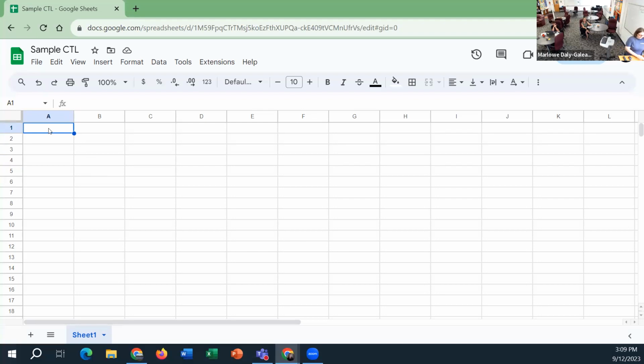But again, you just click in a cell and start typing. So let's say we were trying to do a schedule. I'm going to leave that one there, and we're going to go Monday, Tuesday, Wednesday, and you can navigate through cells. I'm just using the tab key. After I type Thursday, tab, and then Friday, if I hit enter, it's going to take me down the line. So I'm using the tab when I'm moving left to right, and enter when I'm trying to go down the line. And then let's do morning,